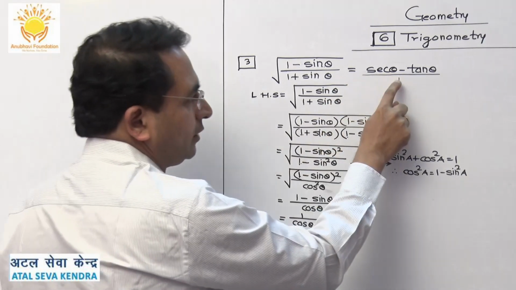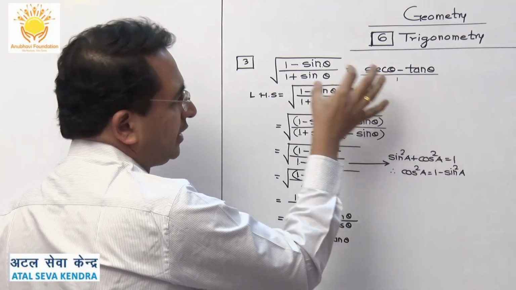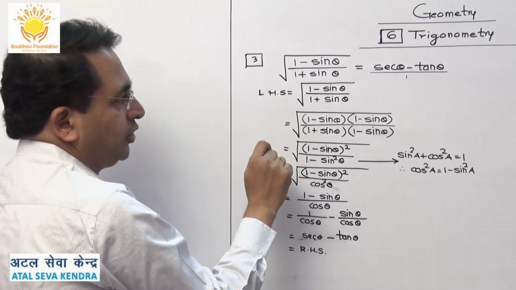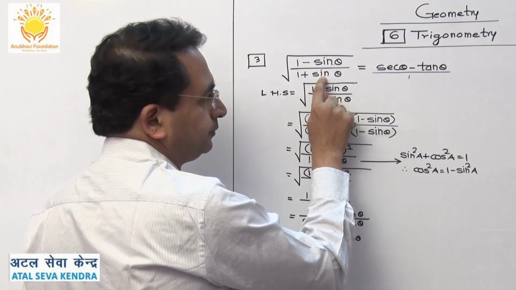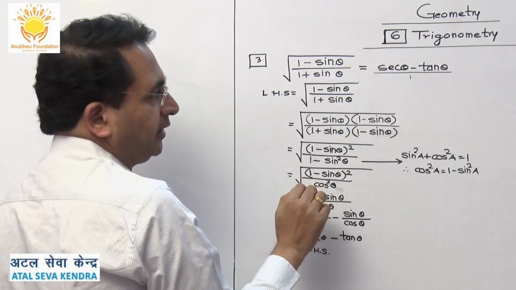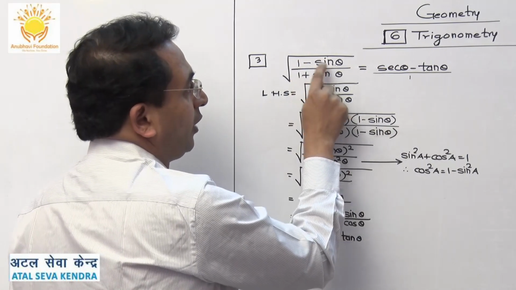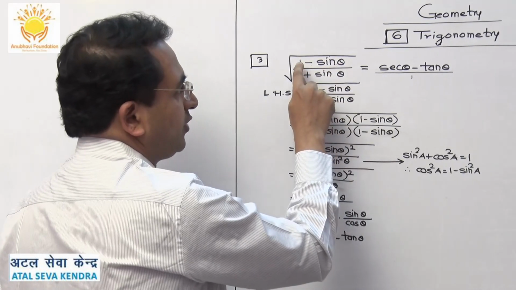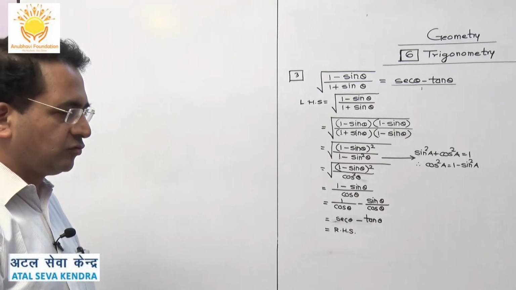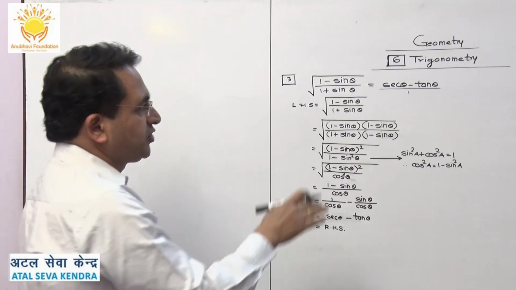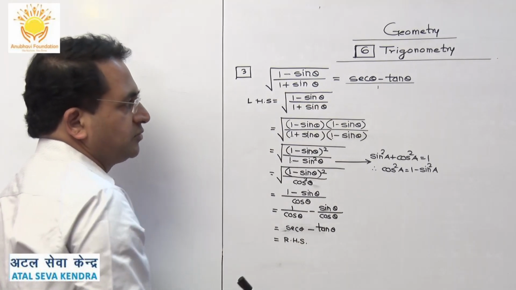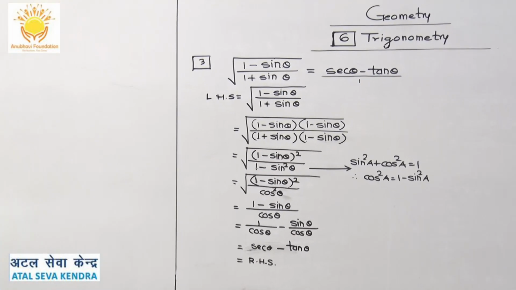Remember one more logic here. If you want 1 on the right side in this kind of sums having some square root, then you rationalize the denominator. Suppose this would have been something different, as 1 upon something, then we would have rationalized the numerator. That means we would have multiplied the numerator by 1 plus sine. So there is a basic rule. This question is not one which is for 2 marks. If this question comes, then it will definitely be for 3 marks.